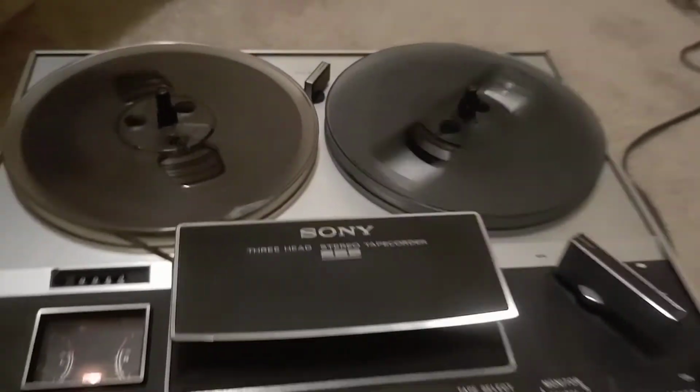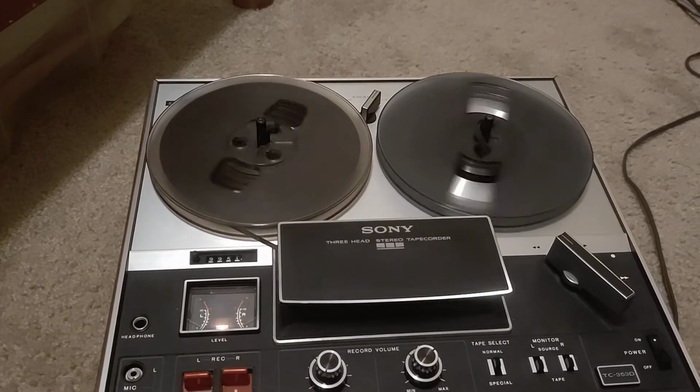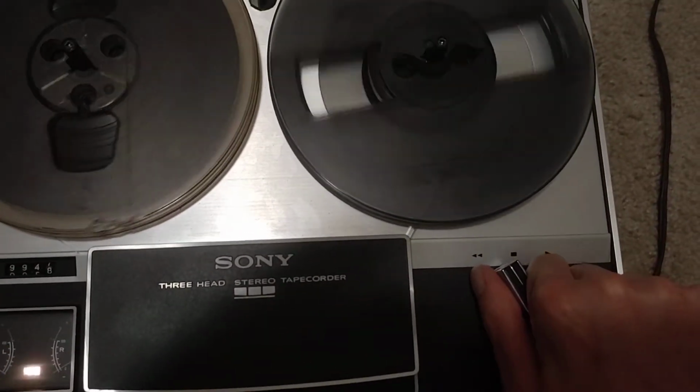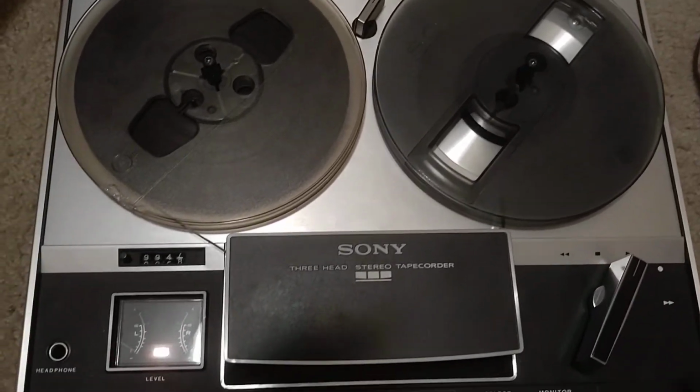Yeah, that seems to be working really nicely. I wonder if the humidity's actually helping, or maybe it's just warming up or something. Anyway, so here's our issue now. I can switch to stop, and that acts fine. But when I go to